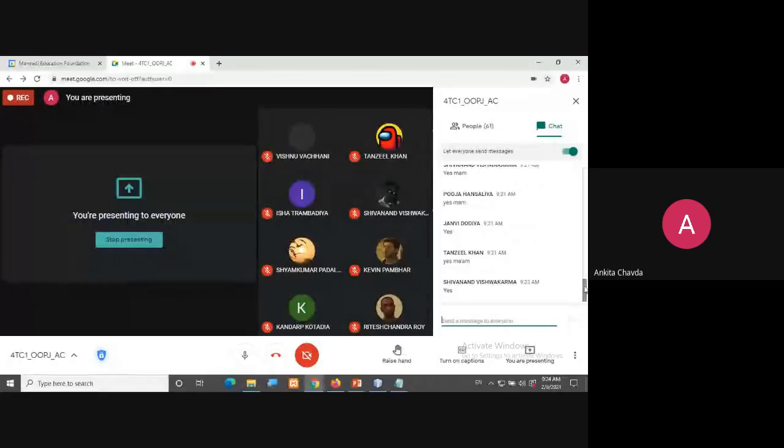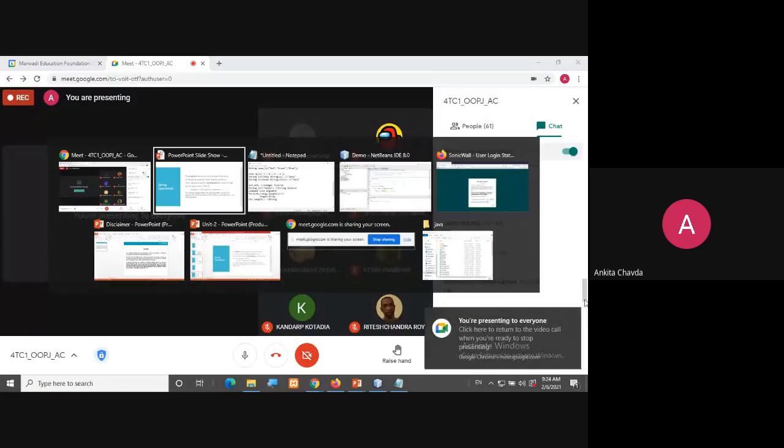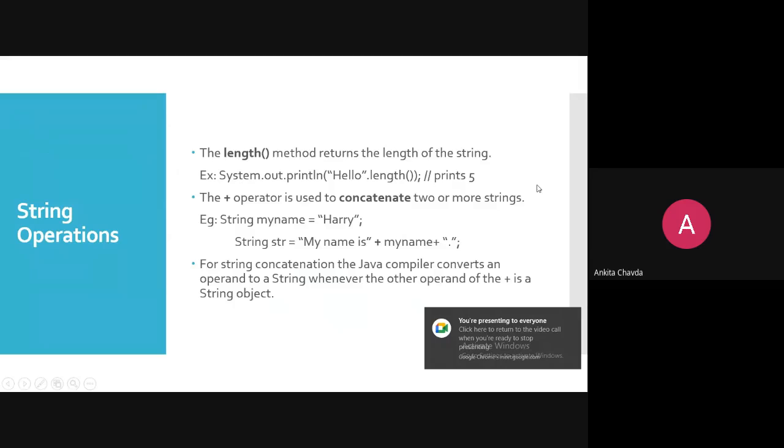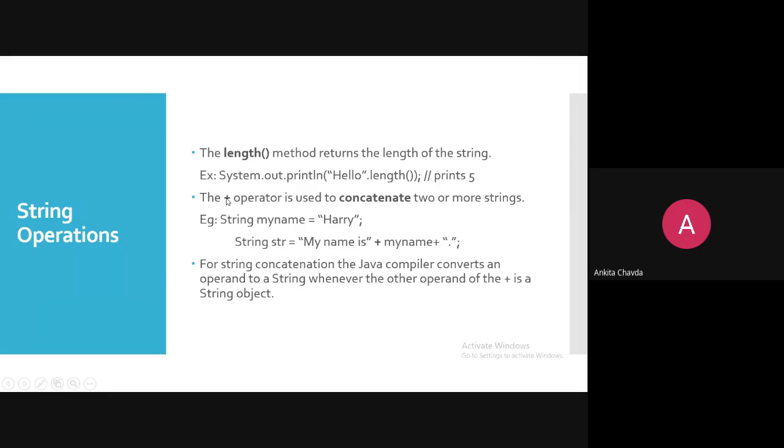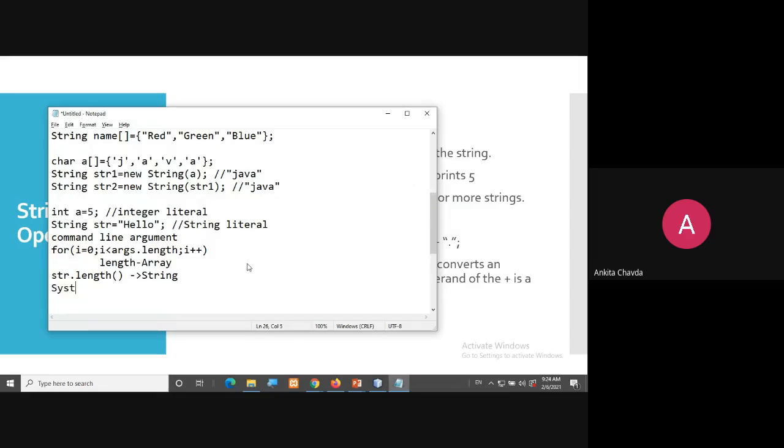Okay. Yes. Fine. Very good. Okay. So here, what will this plus operator do? It will always do concatenation between two strings. This we have already seen, right? At the time when you were writing system.out.println, and anything you will write over here, and after that you were writing plus 10 plus 9. So this was giving you 109, right? Not 19. Yes or no? Because this plus will always do concatenation.